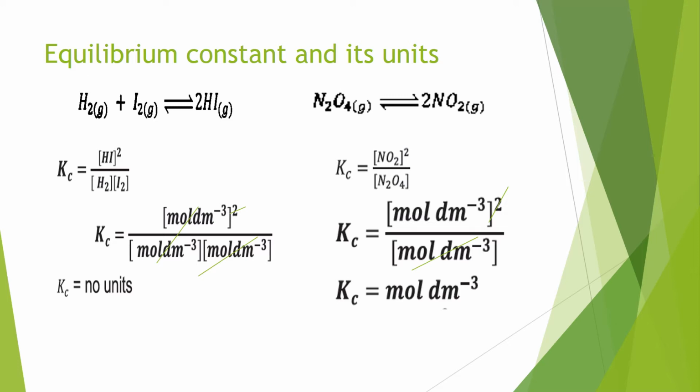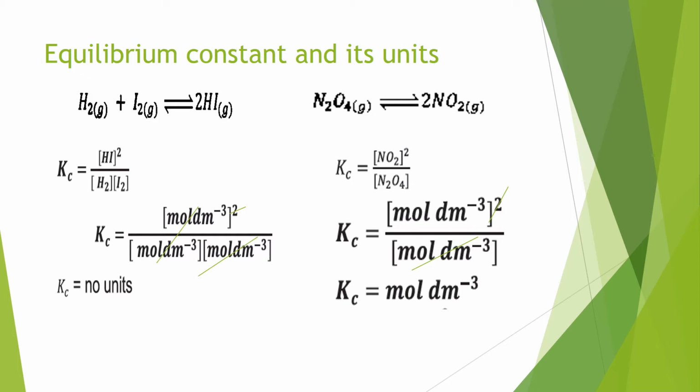First of all, you will write down the Kc expression for this. In the Kc expression, you always write the product in the numerator and the reactants in the denominator. I think now you can easily write down the Kc expression for this. And when you write the Kc expression, you know that the concentration we always mention is in moles per decimeter cube. So when you have first written the concentrations in the Kc expression, now put in the values of their concentration.